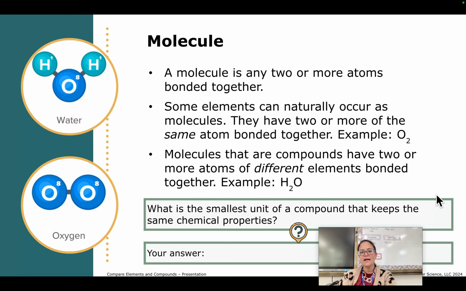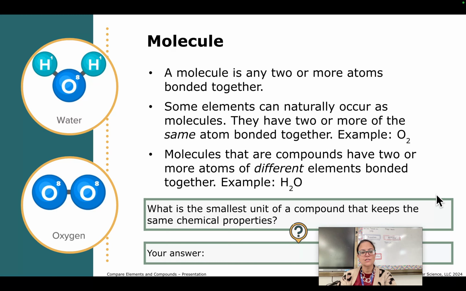So a molecule is any 2 or more atoms bonded together. And some elements can occur naturally as molecules. They have 2 or more of the same atom bonded together. This is what I was talking about with oxygen. In the atmosphere, oxygen is almost always combined with itself, so you'll almost always find 2 oxygens together in a molecule. It's still an element because it's one type of atom, but it's one molecule because it's 2 atoms combined. And molecules that are compounds have 2 or more atoms of different elements